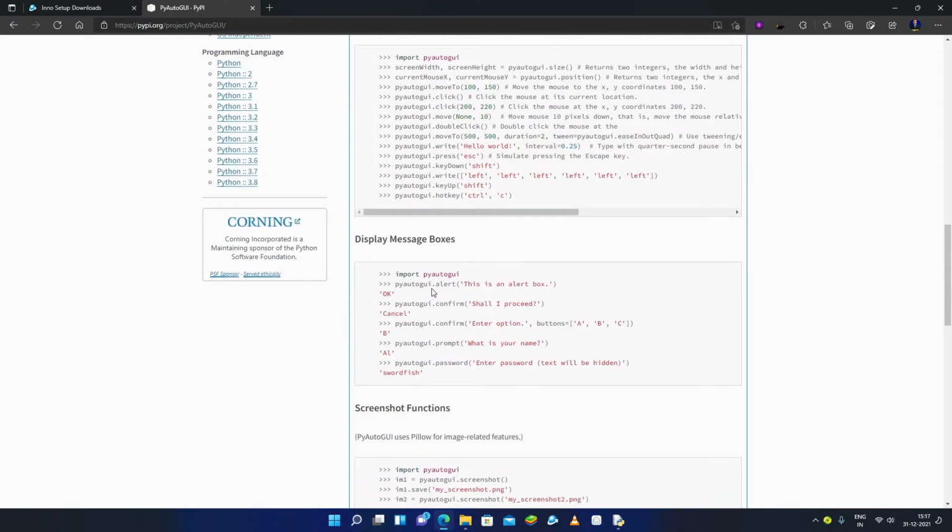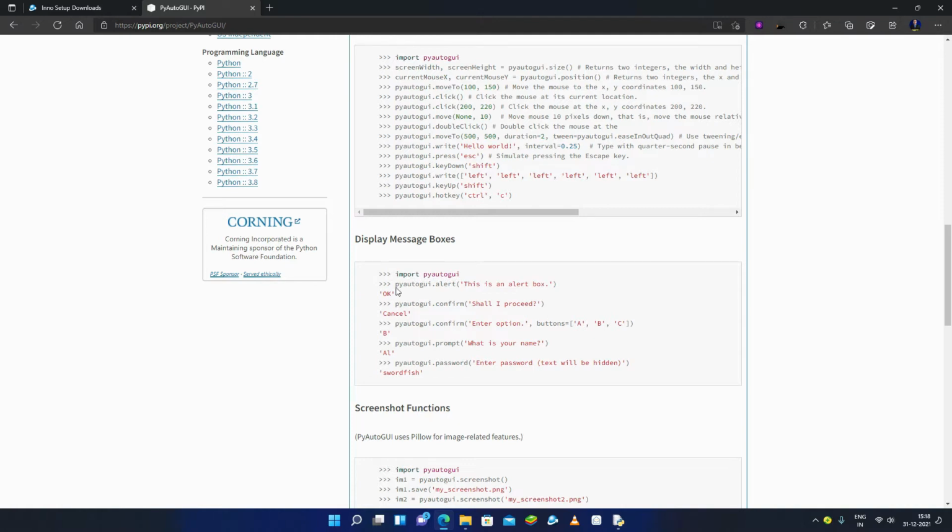features like pyautogui.alert, pyautogui.confirm, prompt and password. This is basically two lines of code which open a dialog box in your application, and it does not need any other imports. It basically uses Tkinter, so I can use this for prompting. You can also use PyQt in your application because you have already imported PyQt5, right? But as you can see, this is only two lines of code, so I can use this also.